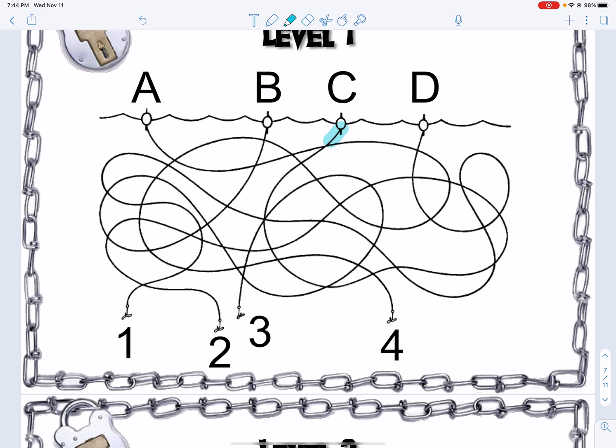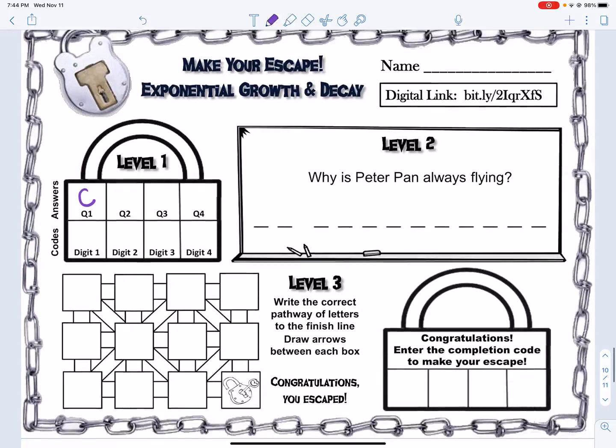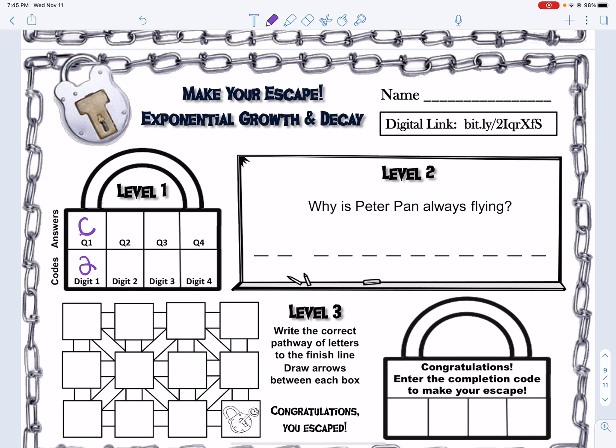So we got C. So we're going to follow C, and follow C, and follow C. And my answer is 2. Okay. And so I'm going to come down here and I'm going to put the answer. The answer is 2. So what you're going to do is you're going to finish level 1, and then you'll